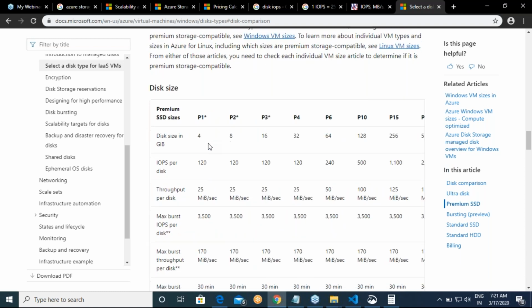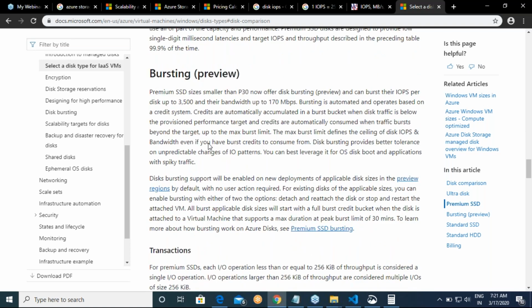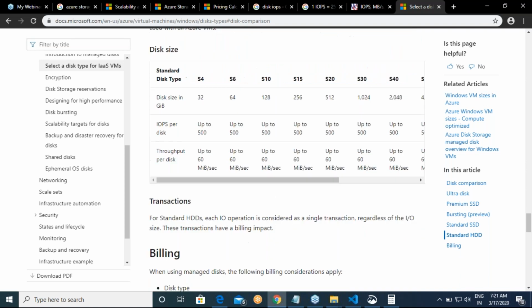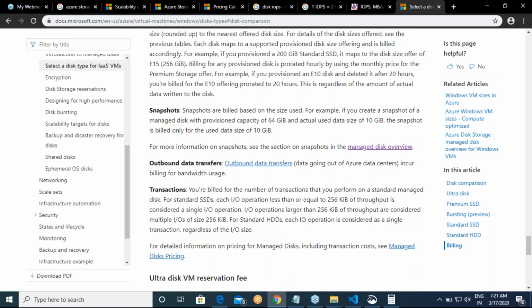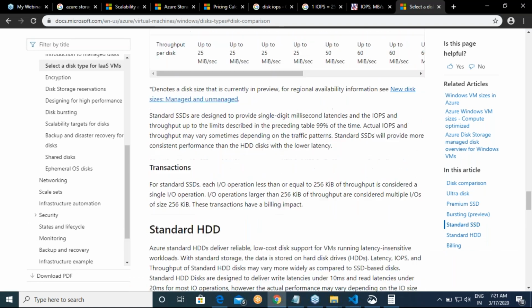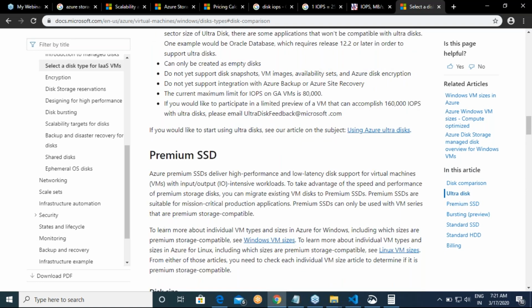What are the premium disks we have? What are the standard SSD disks we have? And what are the ultra disks we have? Am I clear on this?